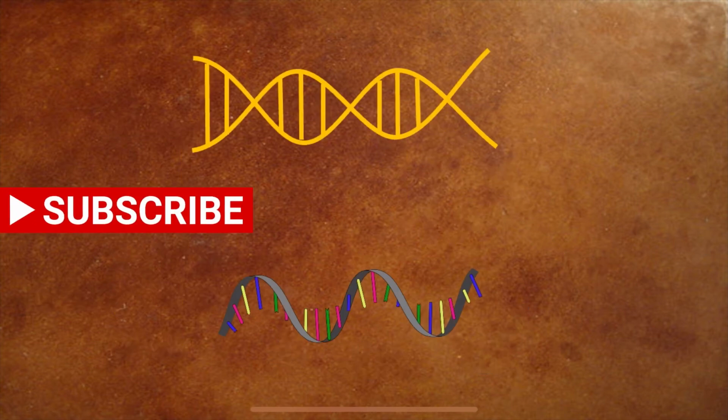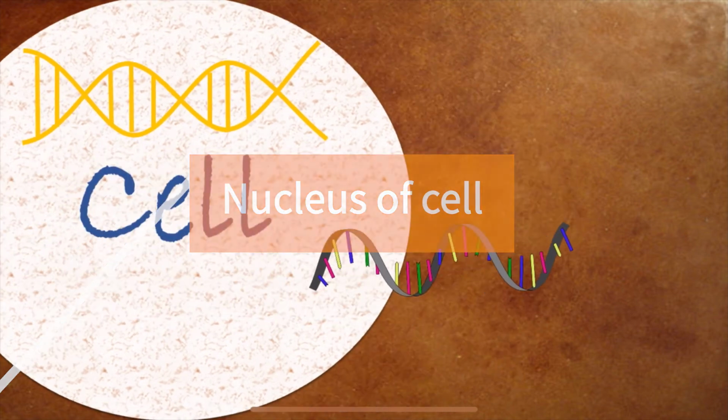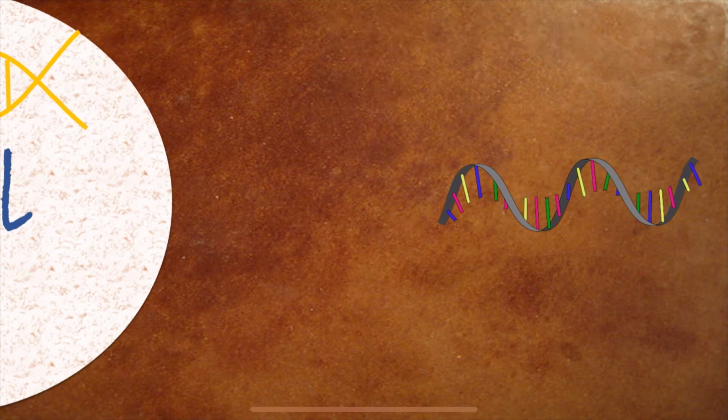So now, inside our cell, in the nucleus, the DNA will be completely back to its state and the RNA will be formed completely. But now the RNA will not complete its work inside the nucleus. It needs to come out, and it will go into the cytoplasm, outside of the nucleus, where it works as a free mRNA.